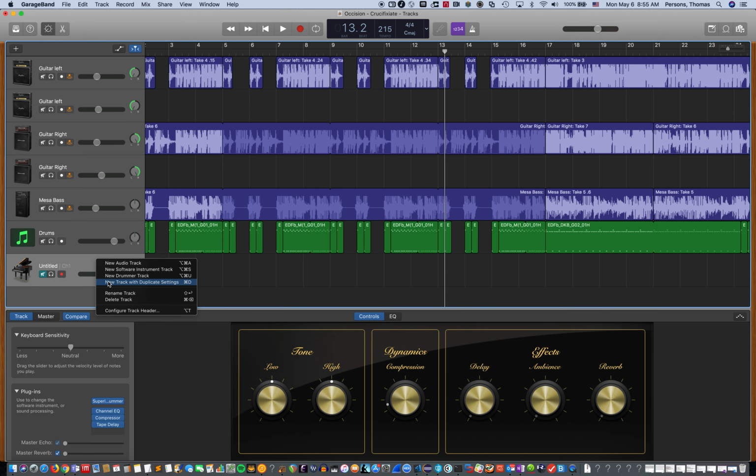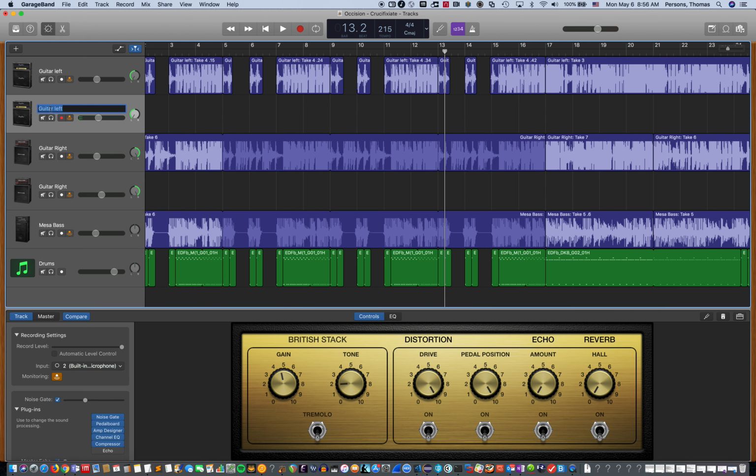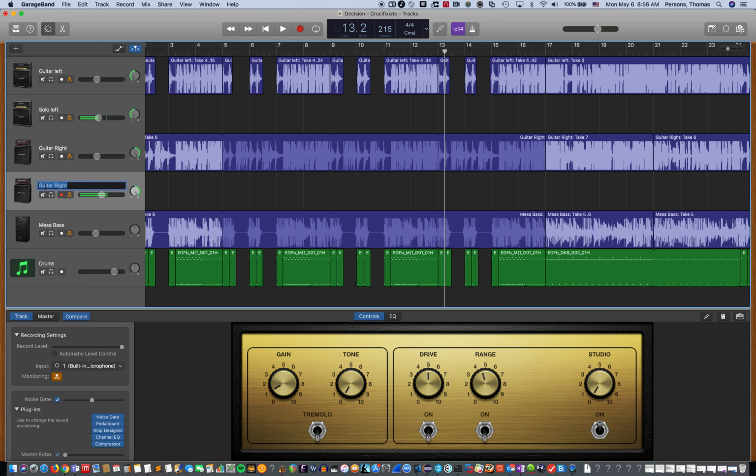This guy I'll clean up a little bit. We'll get rid of that track that we don't need. And there's actually only audio on 4 of these 5 tracks. This guitar left actually never got any guitar laid down on it. Should actually rename that to solo left and solo right. Anyway,